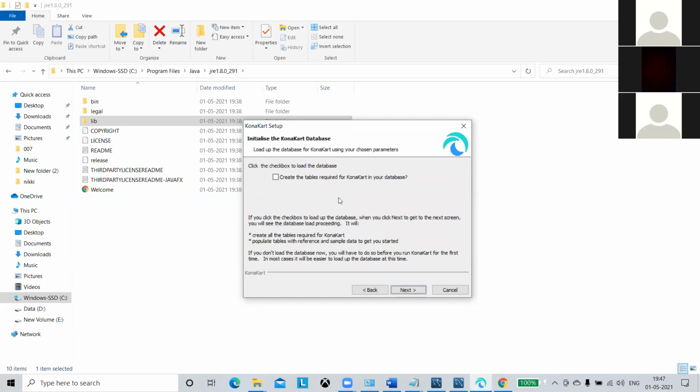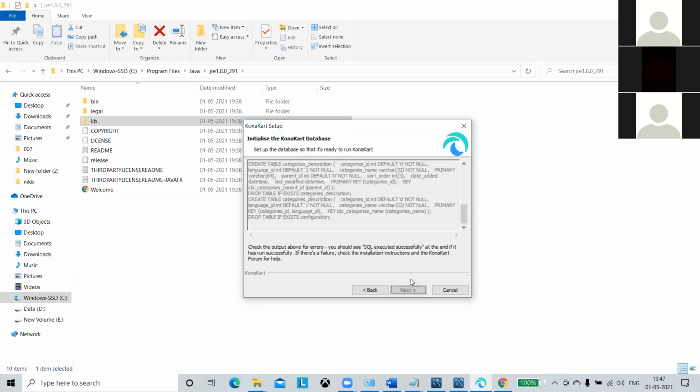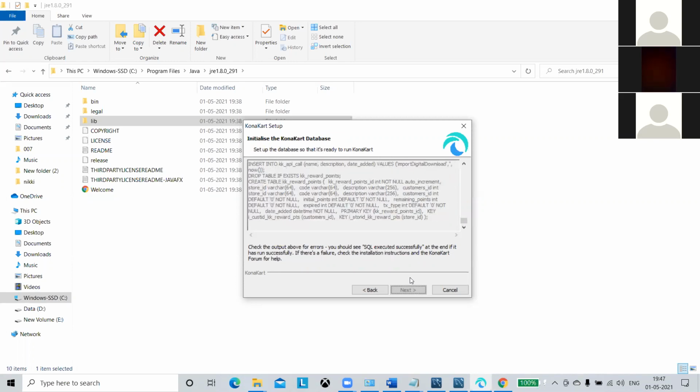In this window, you have to check the checkbox to create the tables required for Konakat in your database, and click next. Now the required tables will be created. Whatever tables are required for this Konakat application are getting created now. You see the alter command is running and the insert command is running.